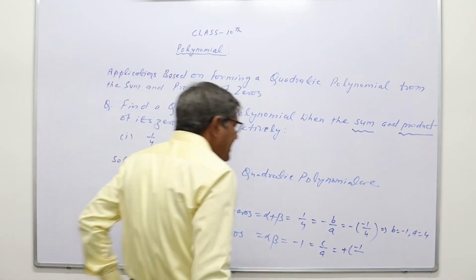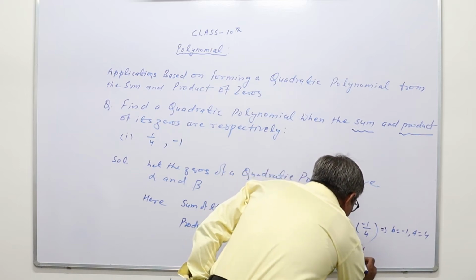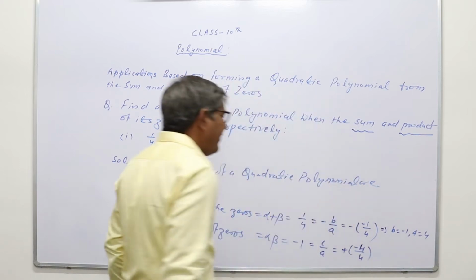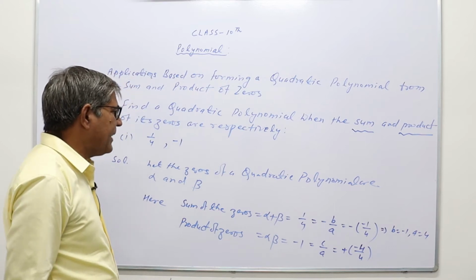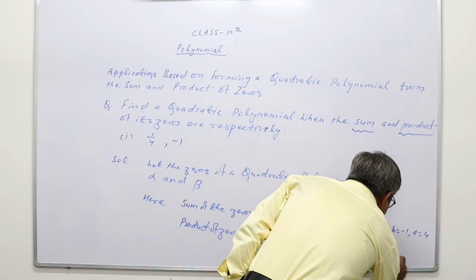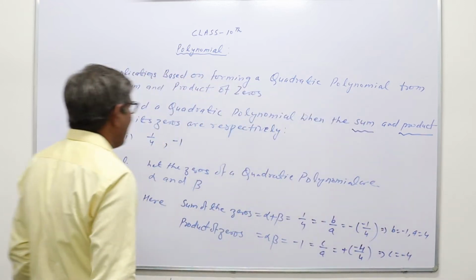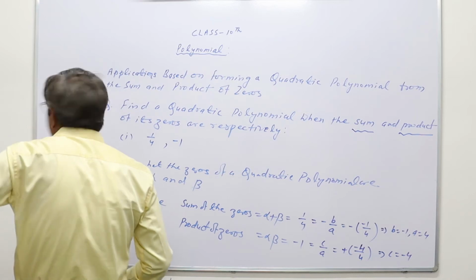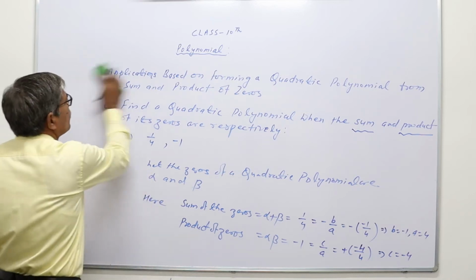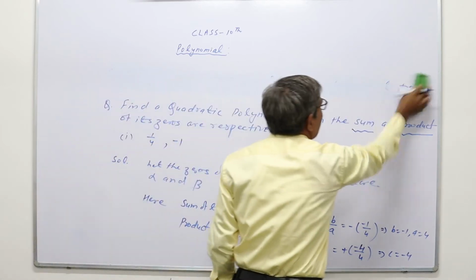So we can write it as minus 4 upon 4, and with a equal to 4, this implies that c is equal to minus 4. So the required quadratic polynomial will be,